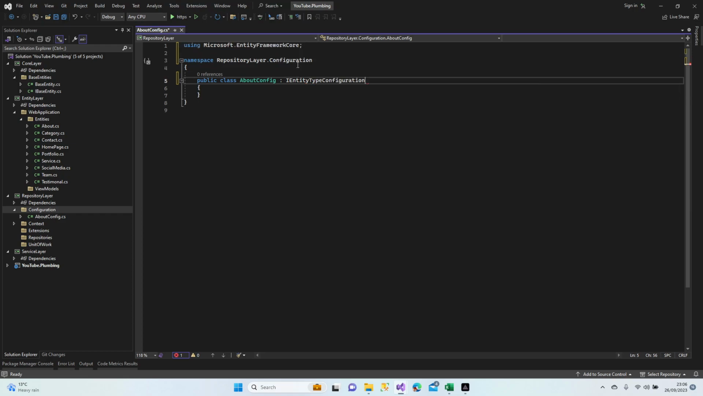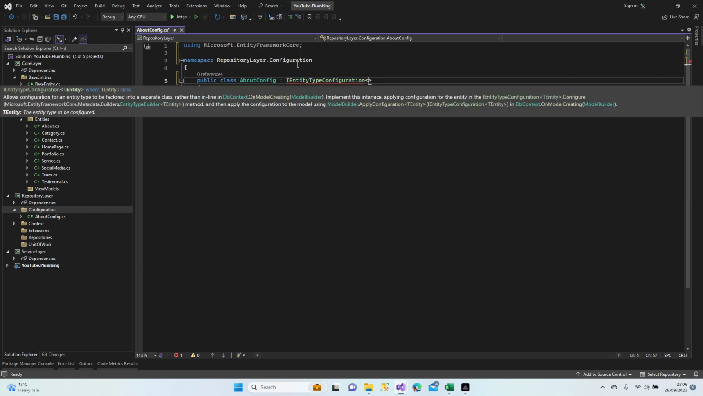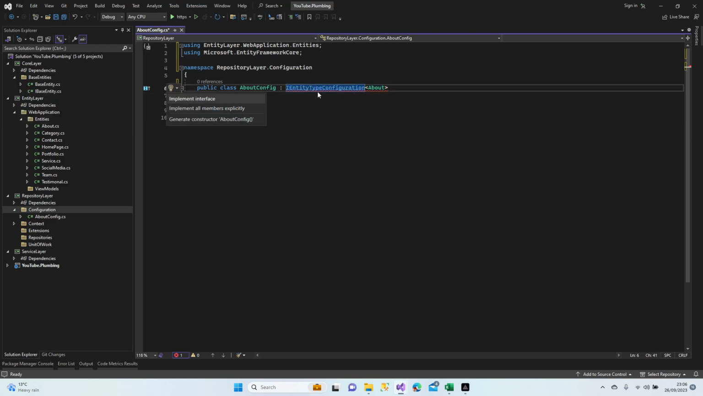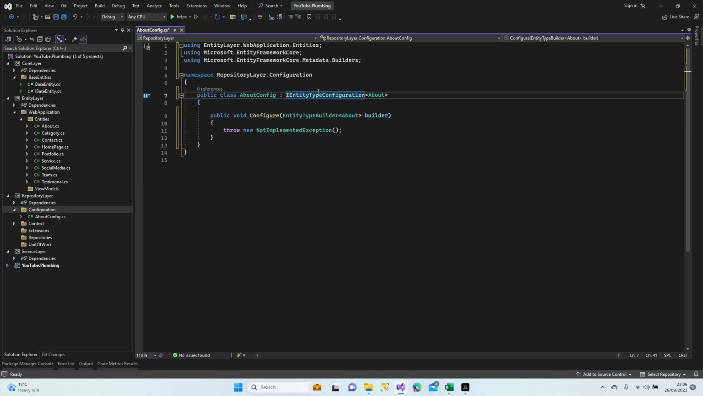IEntityTypeConfiguration for About. Implement interface, yeah. We're going to implement our configurations just right here. So builder dot